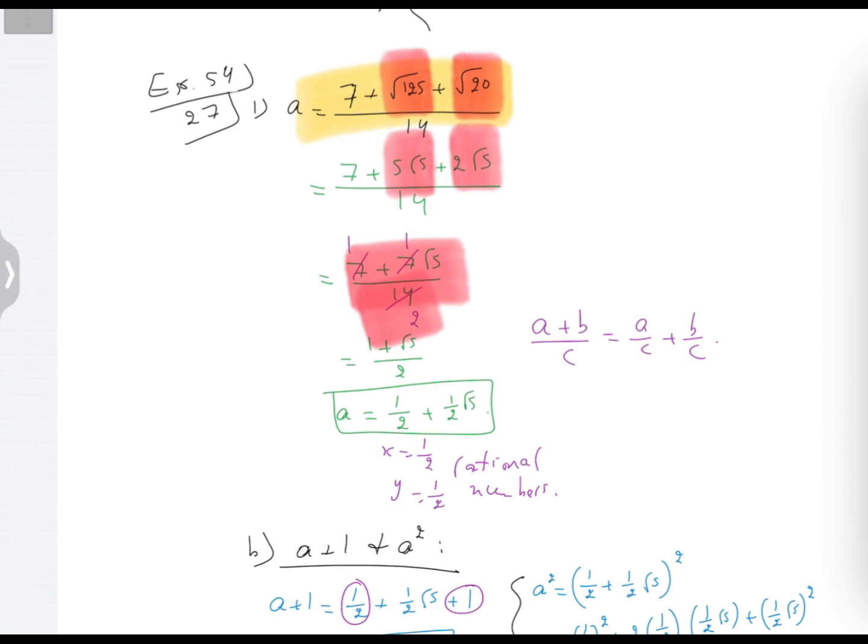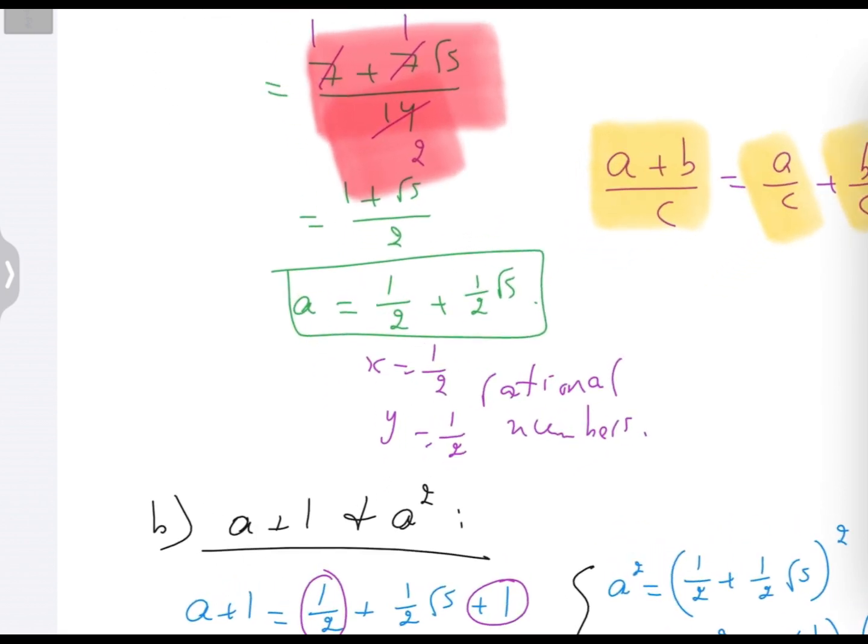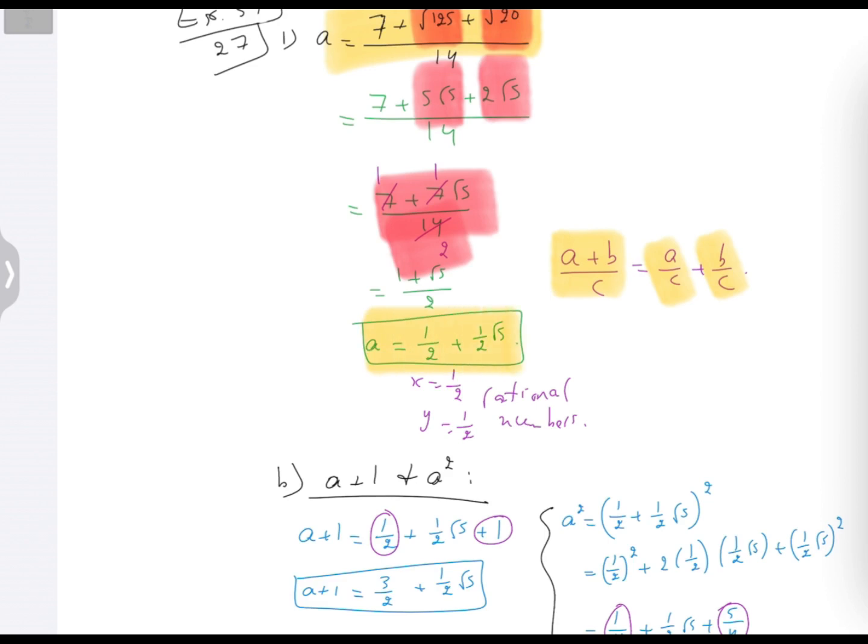Now we have a property that says if we have (a plus b) over c, we can split it into two fractions, a over c plus b over c. Then the final answer will be half plus half radical 5. That's x equal half and y equal half. These are the rational numbers